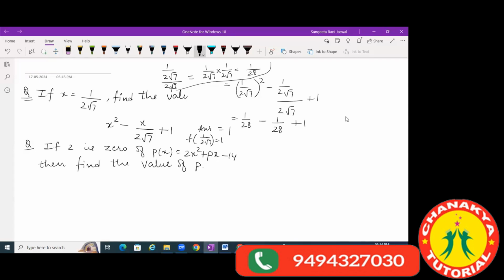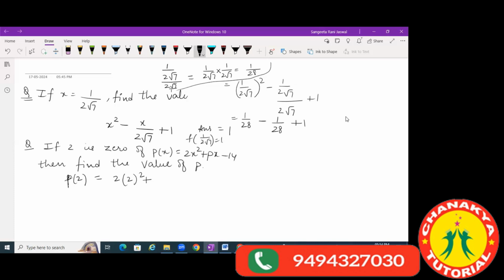That means in place of x, you will put the value of 2. So we'll find p of 2 first. P of x is given, so p of 2 will be what? 2 into 2 square plus